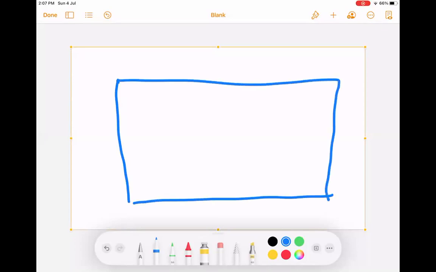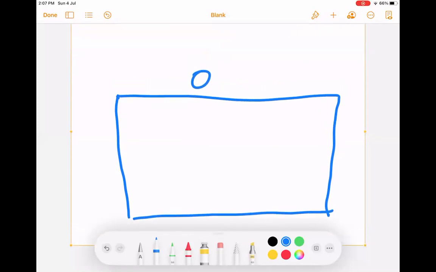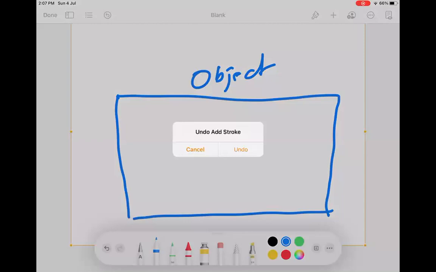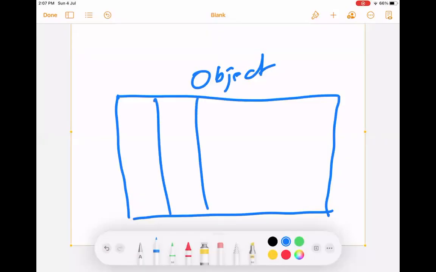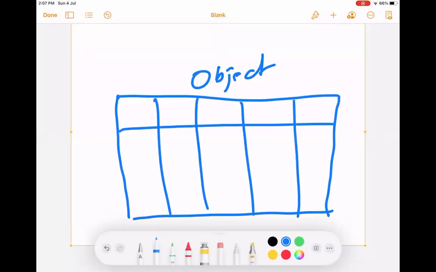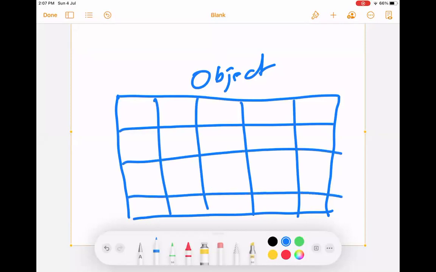So let's talk about a table once again. An object is a table in Salesforce, right? On the top, we have the table headers. These are fields.